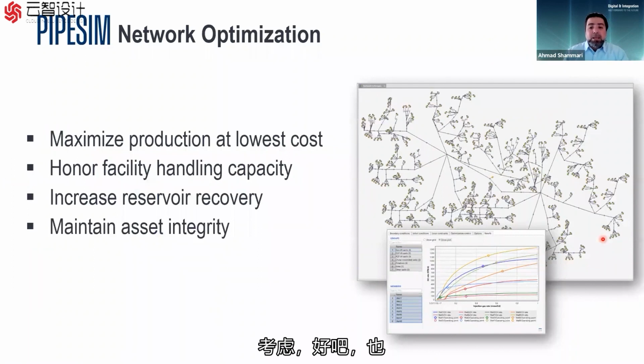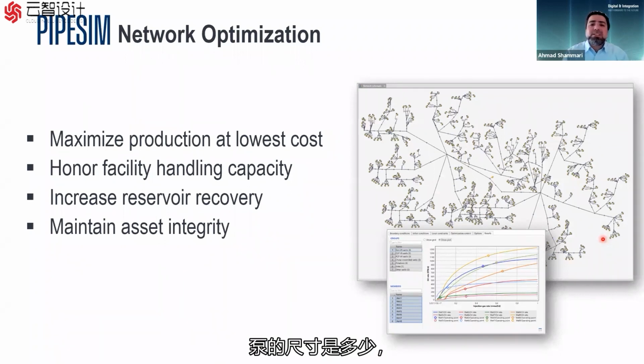Okay. PIpeSim can also be used for production optimization or network optimization. Okay. You need to maximize your production at the lowest cost. What do I mean by that? In many mature fields, and even sometimes in new fields, you might need some form of artificial lift, meaning either electric submersible pump or gas lift or PCP, etc. Right? Now the question is,